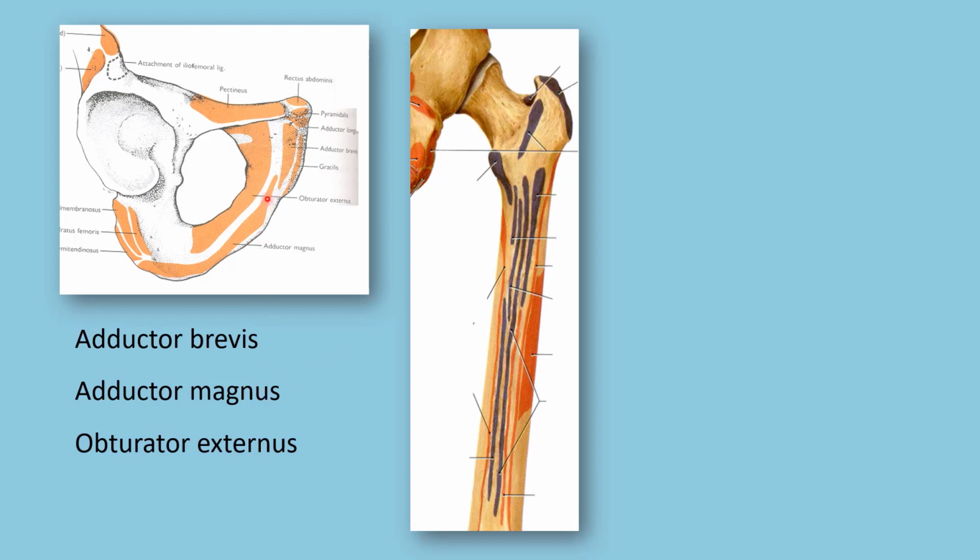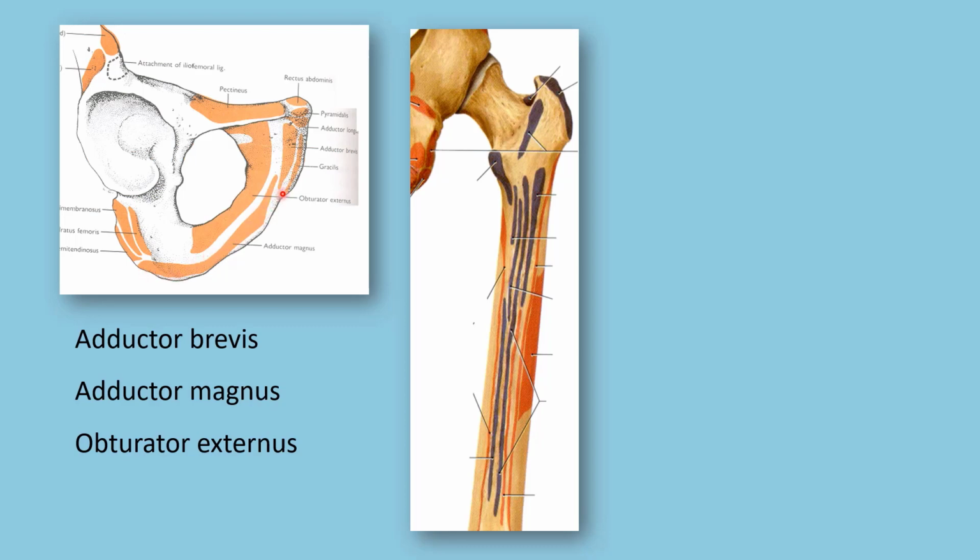Adductor magnus takes origin from the whole of the ischiopubic ramus. This is the origin of adductor magnus. It is not only related to the adductor compartment, this muscle also contributes to form the posterior compartment, that is the hamstring compartment. The adductor part of adductor magnus is from the pubic bone, and the ischial part, or the hamstring part of adductor magnus, takes origin from the ischium. So the whole of the muscle is here.